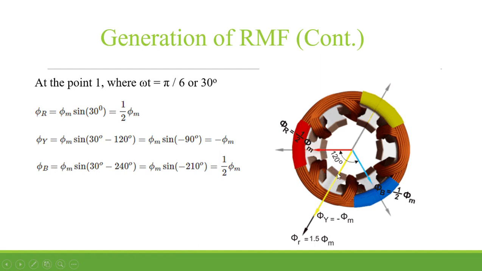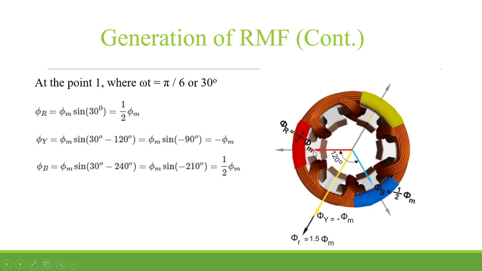R phasor also, Y phasor also and B phasor also. So this R and B phasor are separated by 120 degree according to the symmetry. So first we will be finding out the resultant of these two. We'll add these two and we'll find the resultant of these two. So we have to do the phasor addition.